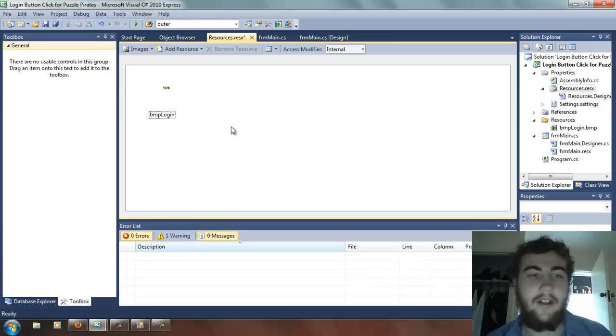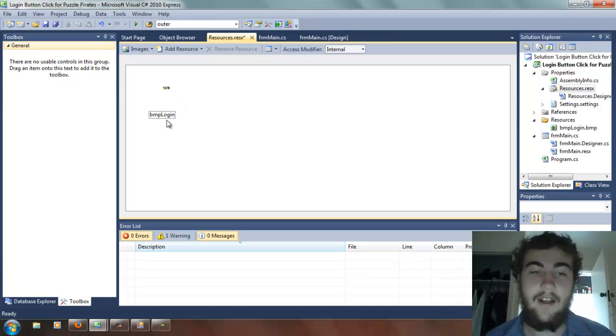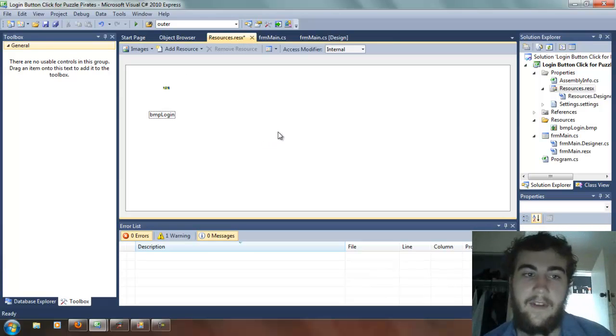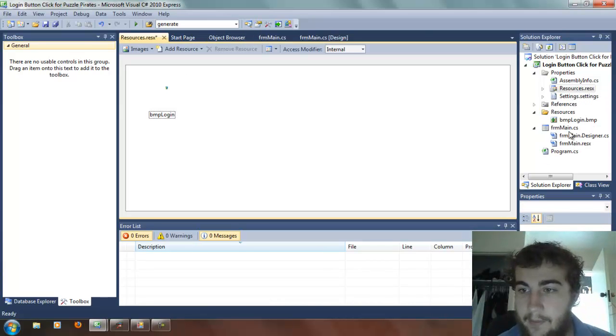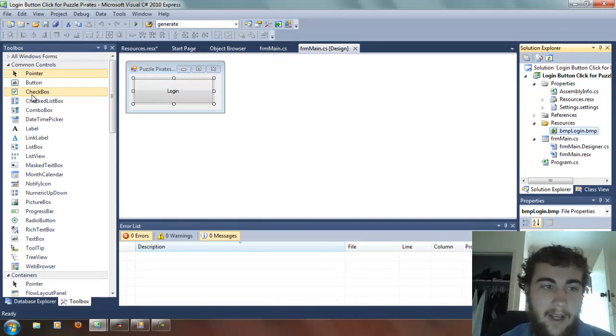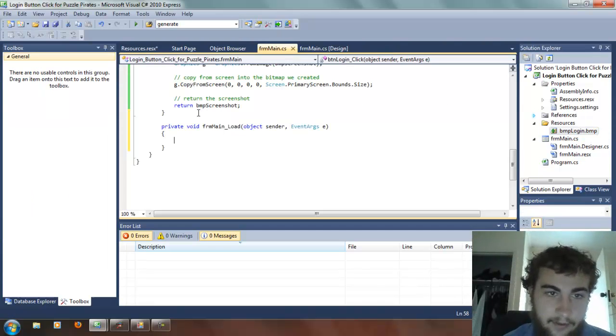So what we'll try to do now is try to find this BMP login, this part of the login button, on the whole screen, and then if it finds that, I will move the mouse to that location and click. And now we have our two pictures. We've already made a thing to find the screenshot, and we have also got our BMP login over here. So now we're going to create a new